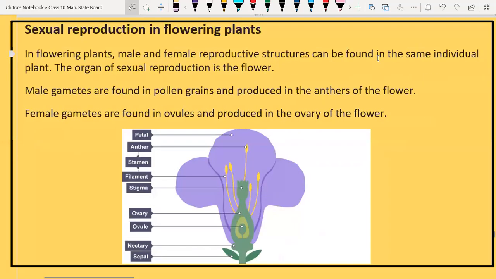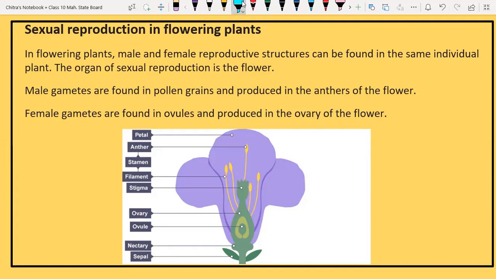Okay, so now we are going to understand sexual reproduction in flowering plants. For performing sexual reproduction in plants, the flower contains all the required organs which are responsible for it. As we can see in the diagram, here is one picture of the flower. We have different parts of the flower that we have to discuss one by one. First we have to discuss a little detail before going to the diagram.